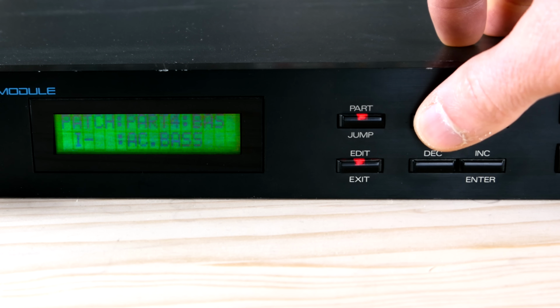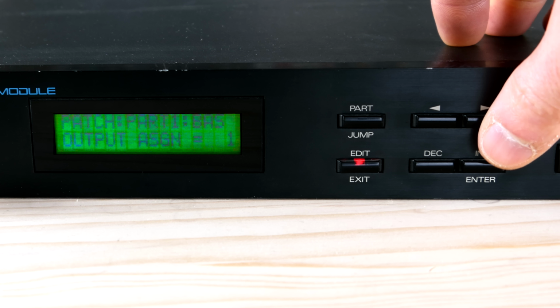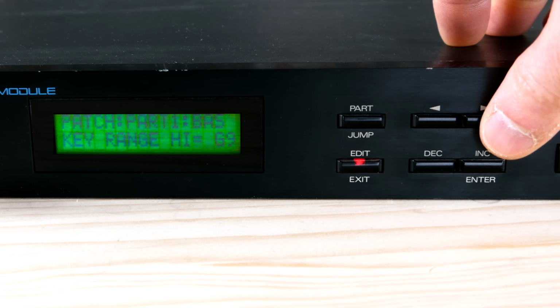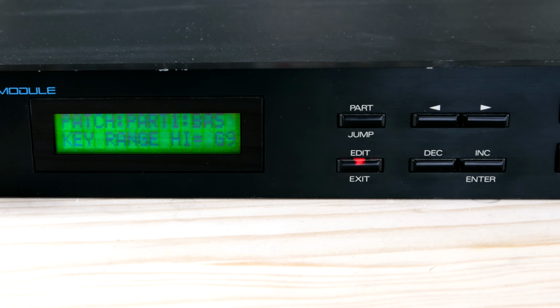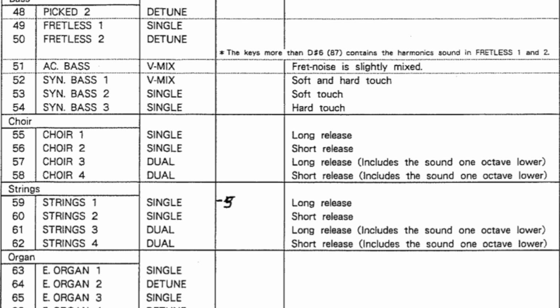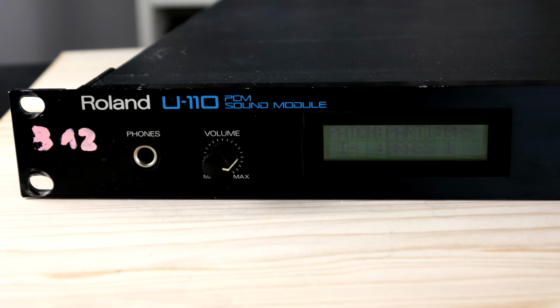80s Roland menu diving and manuals have a long history of driving people insane. This is not much of an issue with the U-110, not because the UI is good, but simply because it can't do much. 99 presets organized in the tried and tested MC Escher style menu structure, among them many brass instruments,